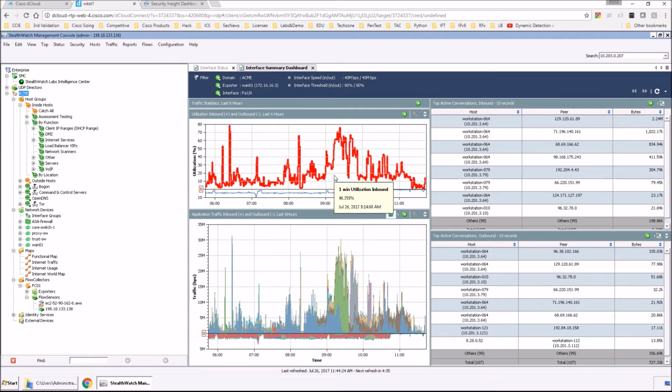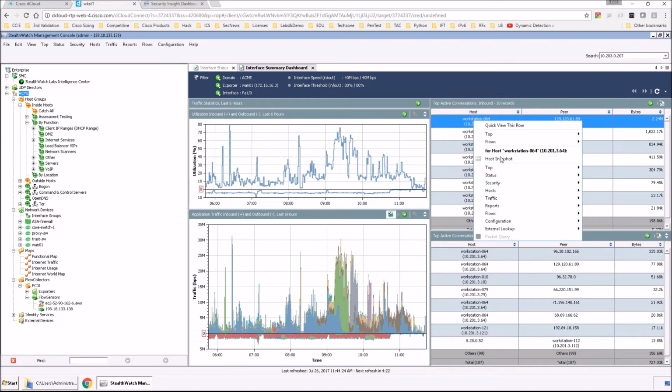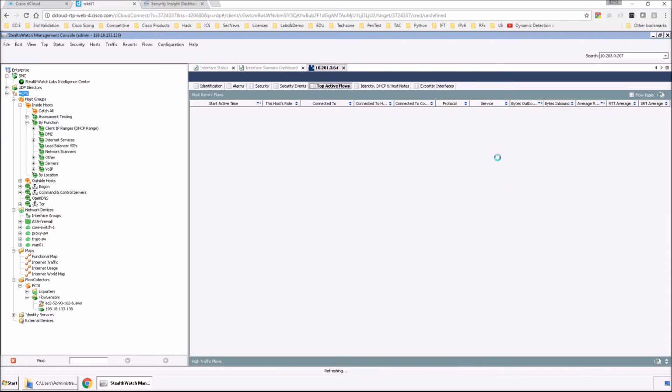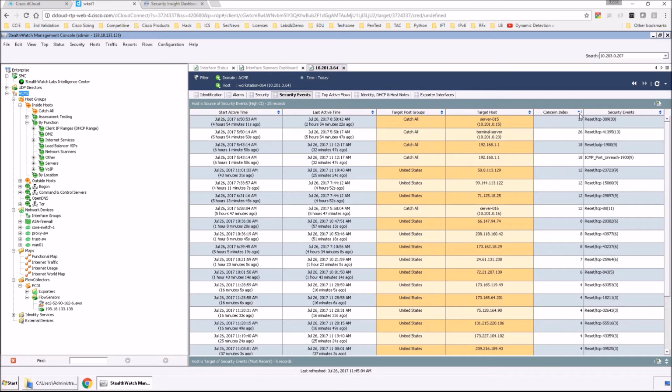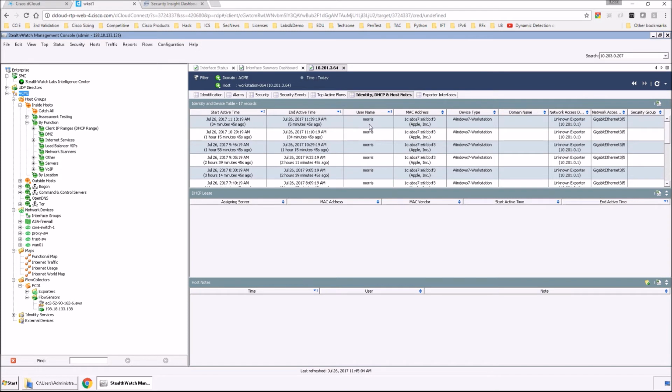So some of the use cases you might find are things like Windows Update or, for example, the WAN connection going out to the internet being saturated by a new Apple software that has all your users going out to the internet to download. From there, we picked that top host. We went to the host status host snapshot. And from here, we can start seeing a little bit about the active flows, security events, and